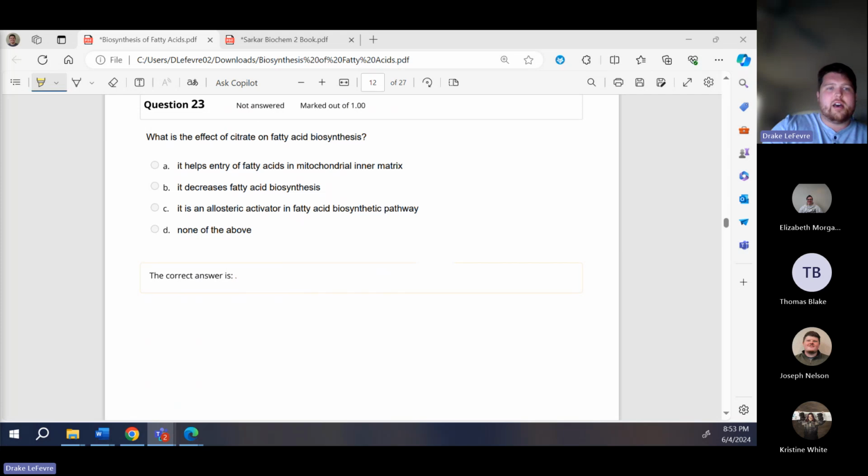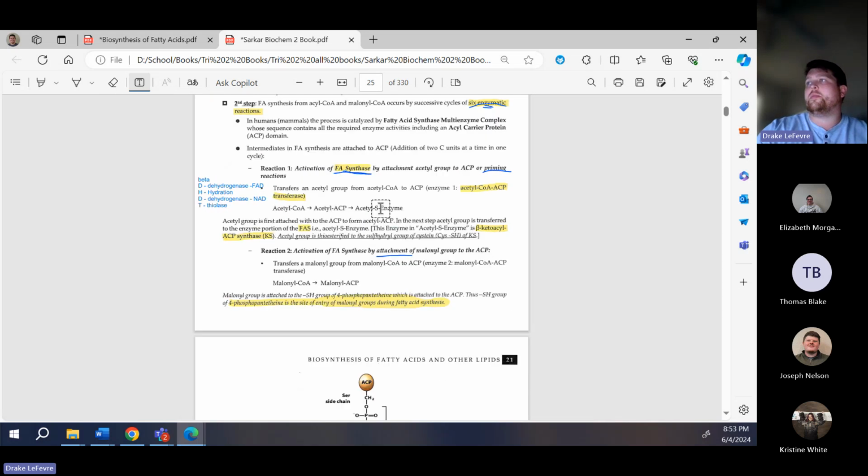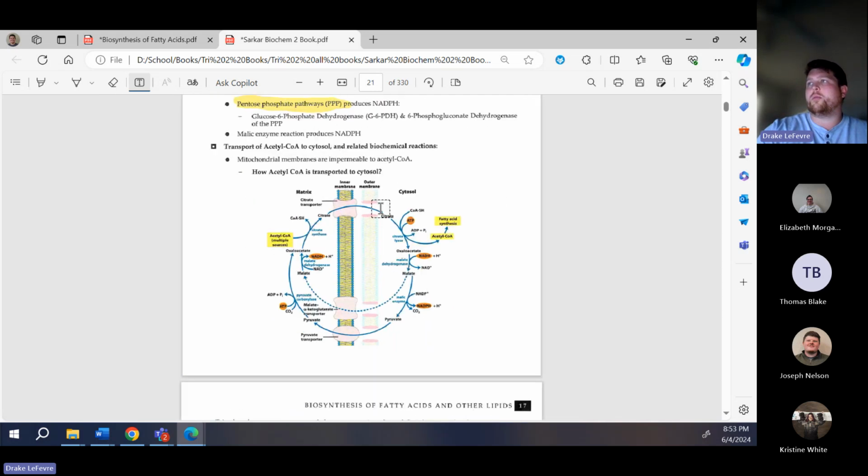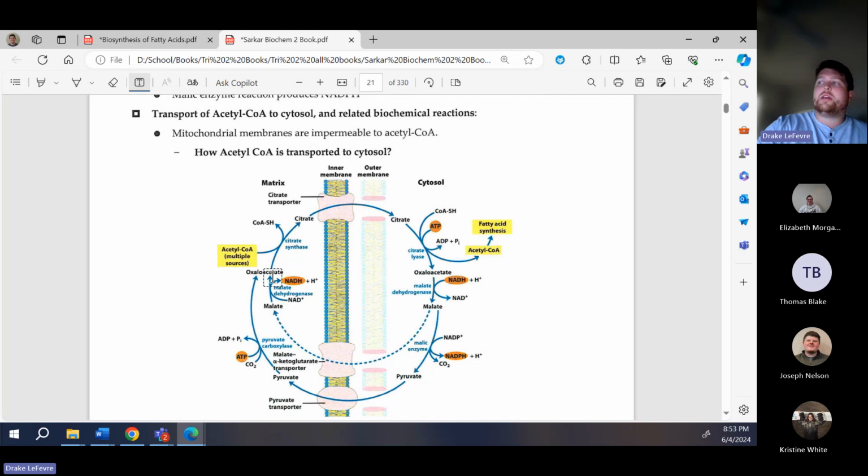What is the effect of citrate on fatty acid biosynthesis? So remember, if we have a whole bunch of citrate, is that going to make us want to produce fatty acids, or is that going to make us want to stop producing fatty acids? Is it an allosteric, I thought it was an allosteric inhibitor. It's going to be an allosteric activator, because just like we said when we look at this whole process, if we have a bunch of excess citrate, and the citrate's not being used in the Krebs cycle, it's going to be able to pass through. If we have more citrate available,